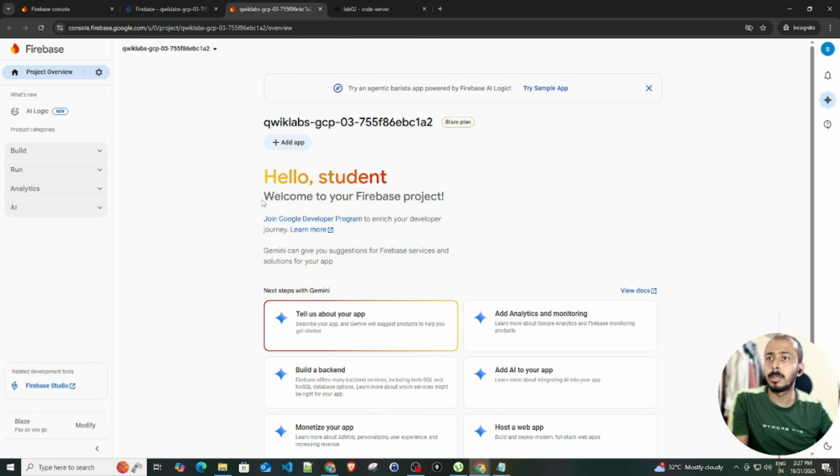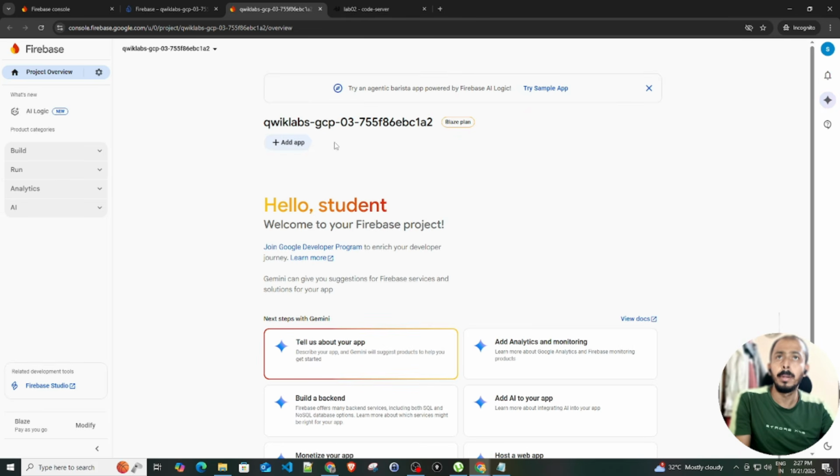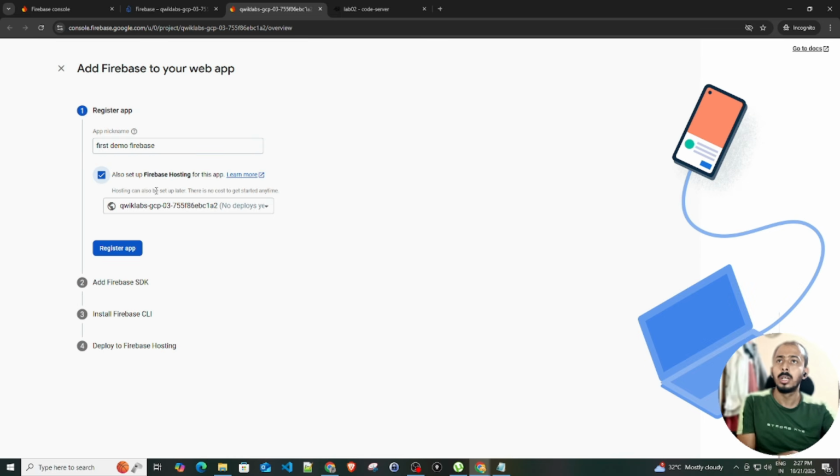So let's start with building the app. How can you do that? You need to first click on this option, add app, and then click here, web. Here you can register the name of your app, like what would be the name. So I'll maybe say first demo Firebase. You can give anything. I want to set up the hosting, so I'll click on set up hosting, and here